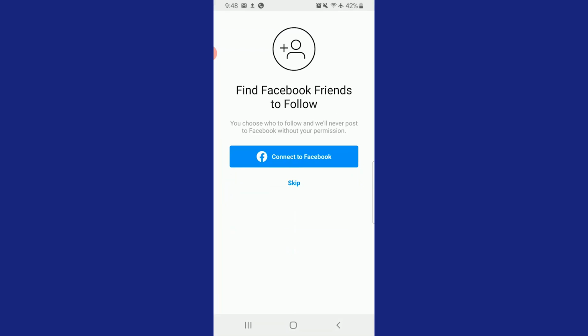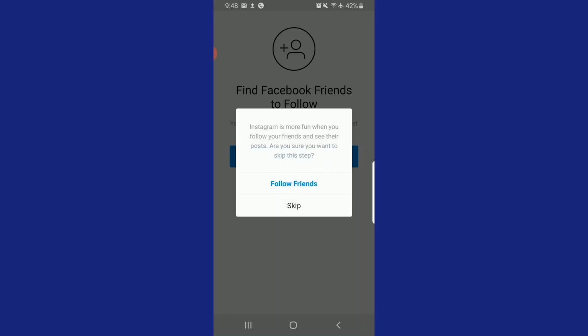If you have a Facebook account, you can connect it here again. What it will do is it will show you everybody that you're connected with on Facebook that's also on Instagram and makes it easier for you to find people that you're connected with. For now, we're going to skip. As you see, Instagram will always try to get you to find your people that you know, connect with those people. For these purposes, we're going to skip, but you will want to start following your friends and connecting with